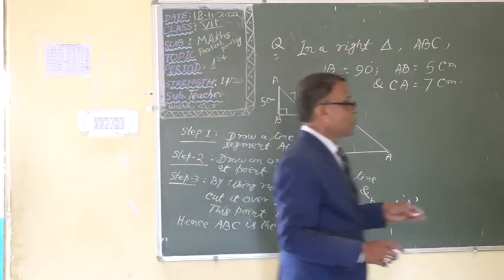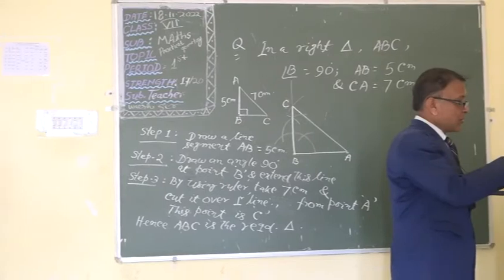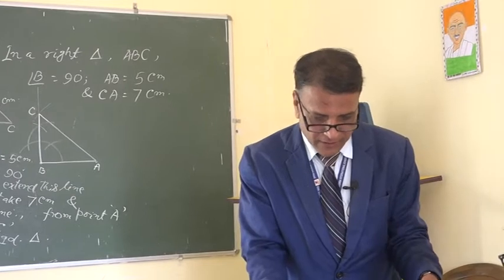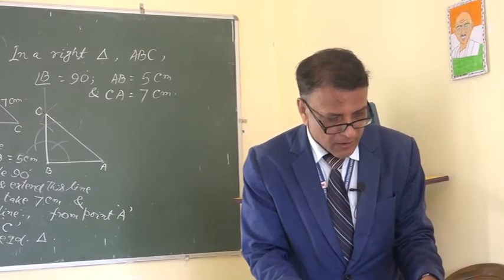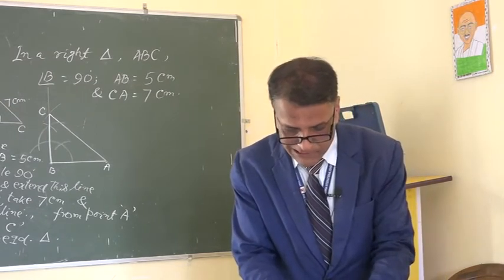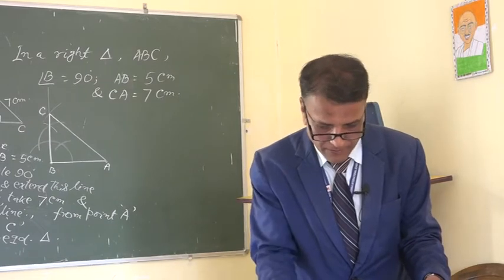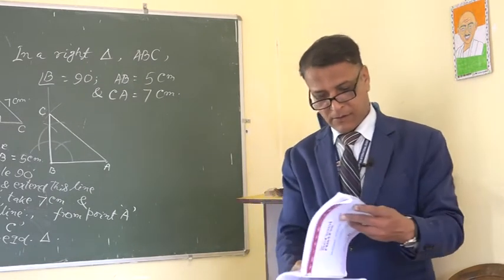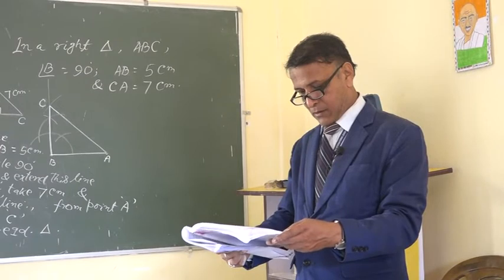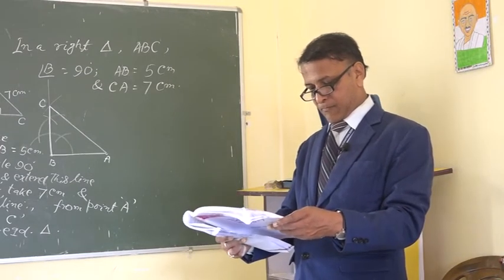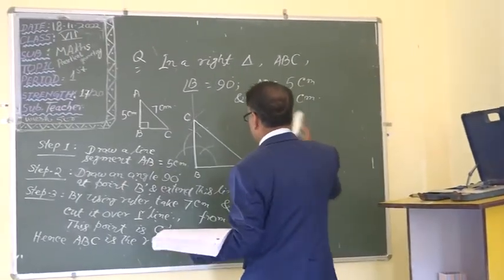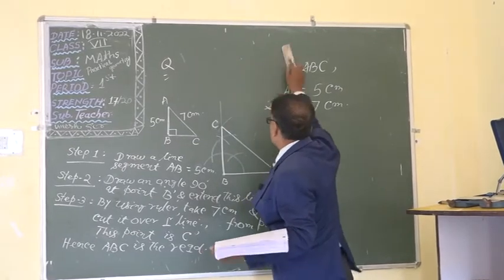Okay. Do quickly. I will go to the next question from your book. This question I gave myself. So one question from the exercise I am just doing. Which chapter is this one? 208. Quick. You understood or not? Yes, sir.